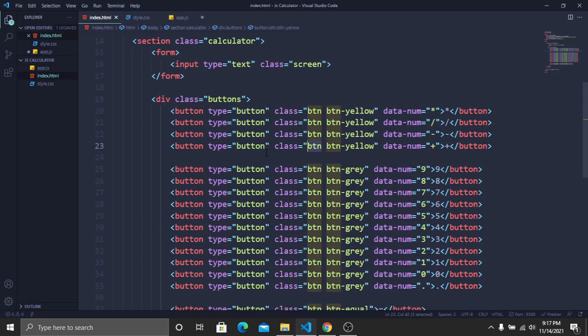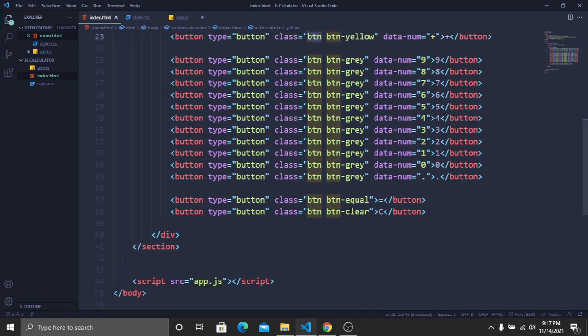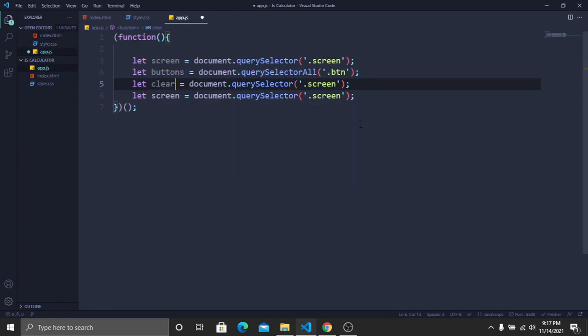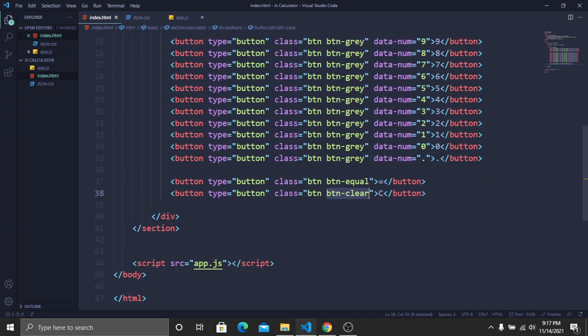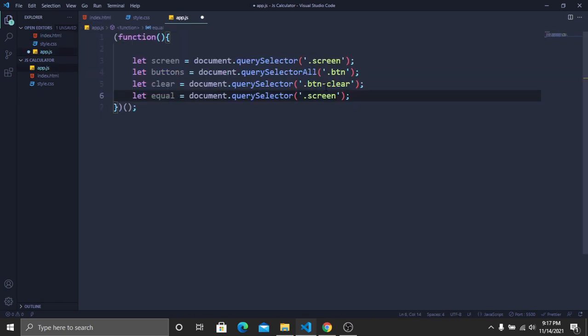And if I go to my index, here you can see that we have a class name which is button clear. Now copy this class name and then paste it here, and then I'm going to take our equal button, so the variable name will also be equal, and then I'm going to take our equal class from our index. Here you can see that we have a class name button equal. Copy this class name and then paste it here. That's it. So guys, here you can see that we have successfully taken all the variables from our index.html file,